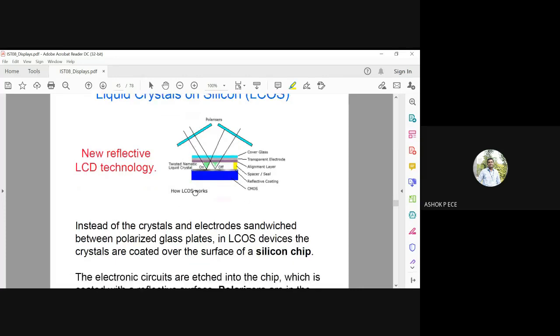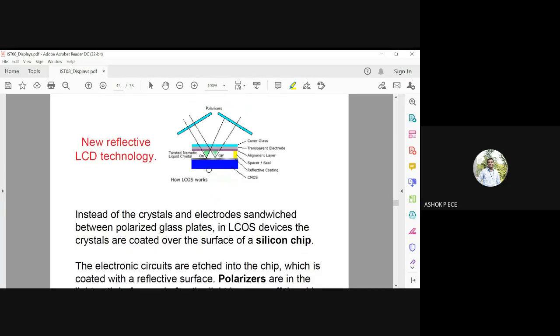So instead of crystals and electrodes sandwiched between the glass plates, in LCOS, devices are coated over the surface of a silicon chip. So the crystals are placed on the surface. Usually, the crystals are between the electrodes and glass plates only in the conventional LCD design.